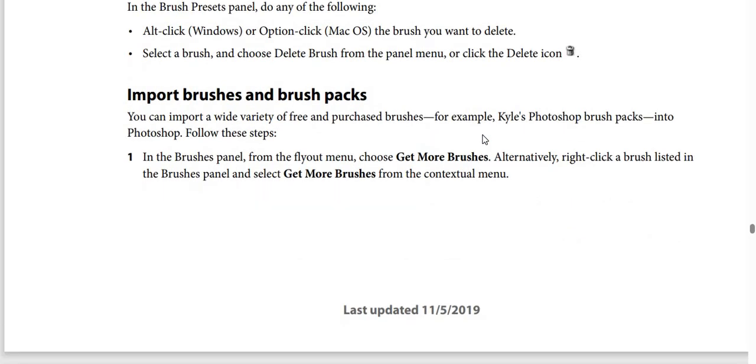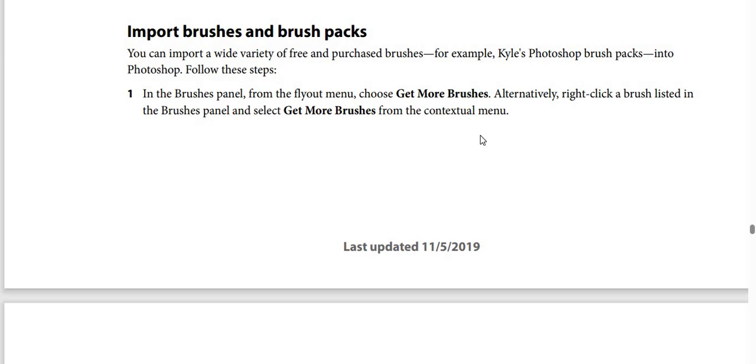And how to import brushes and brush packs. You can import a wide variety of free and purchased brushes, for example Kyle's Photoshop brush packs, into Photoshop, and follow these steps. Step number 1, in the Brushes panel, from the flyout menu, you should choose Get More Brushes. Alternatively, right click a brush listed in the Brushes panel and then select Get More Brushes from the contextual menu,